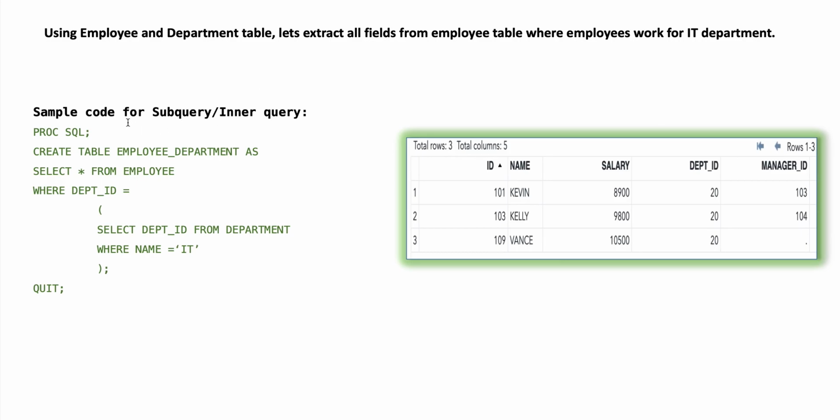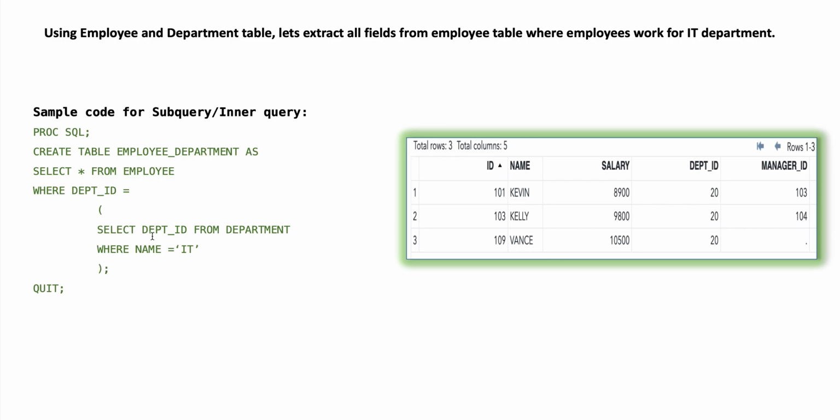A simple query is given here in which a subquery is used. Proc SQL; create table employee_department as select * from employee. That means we are selecting all fields from the employee table where department ID = (select department ID from department where name = 'IT'); quit;